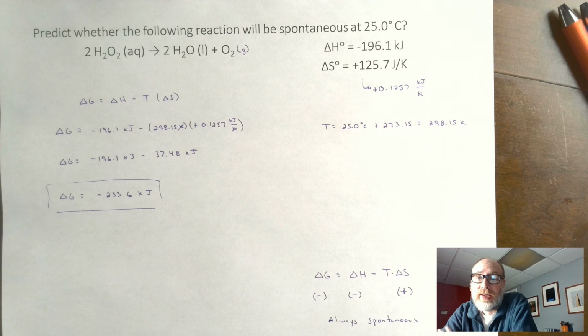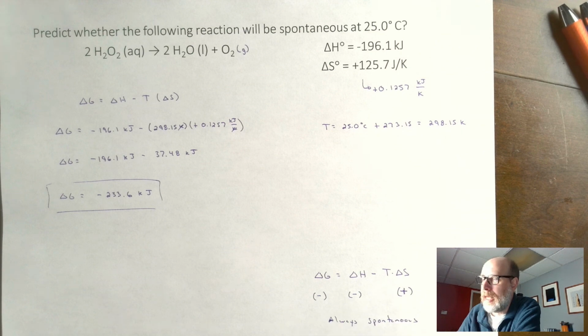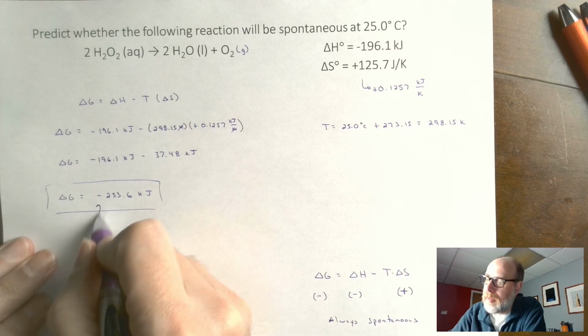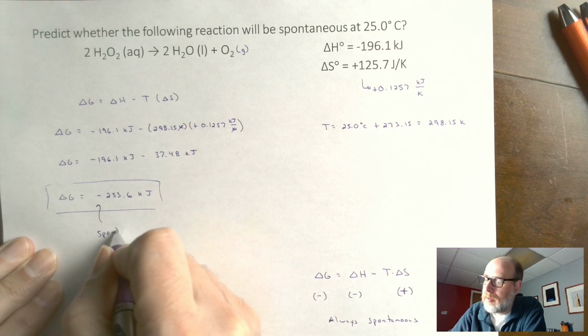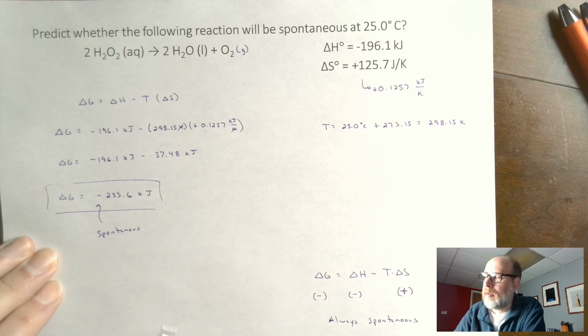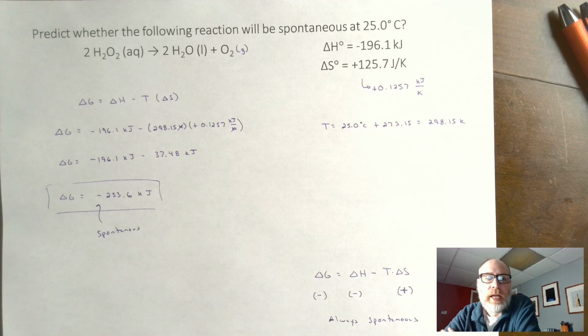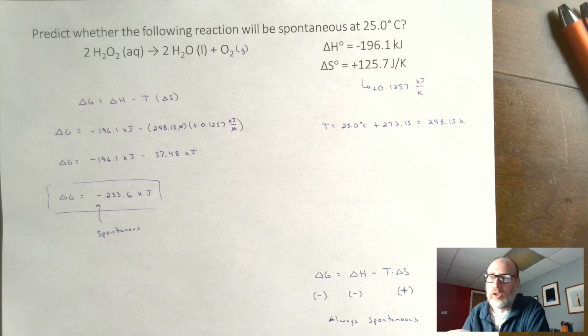which is exactly about where we would expect it to be, right? We said it should be negative. We would predict it would be negative. That negative sign means that this is spontaneous. So we would fully expect that this reaction would occur under all temperatures. All right? So that's how we can use that expression to both predict and calculate whether a reaction will be